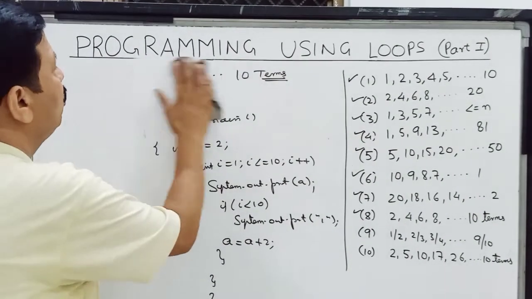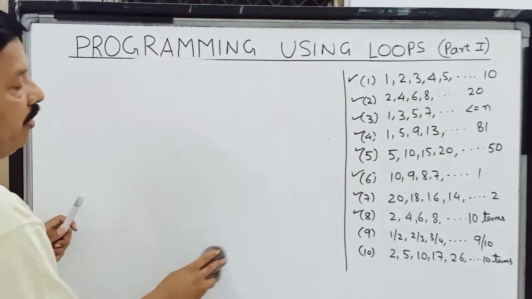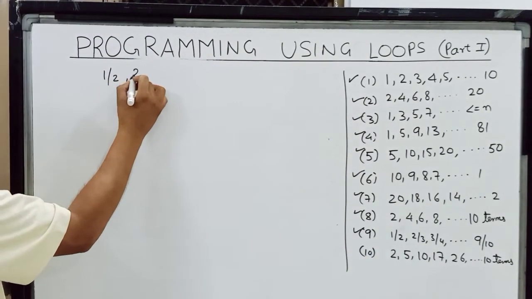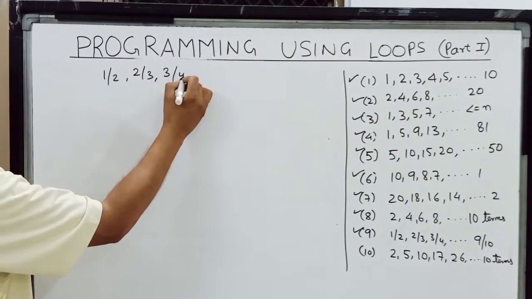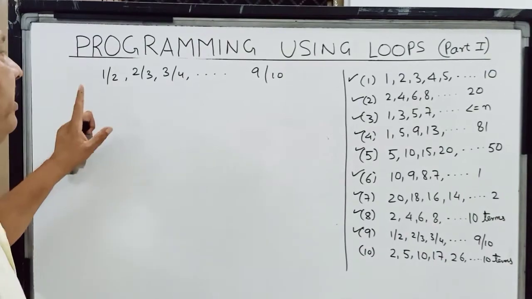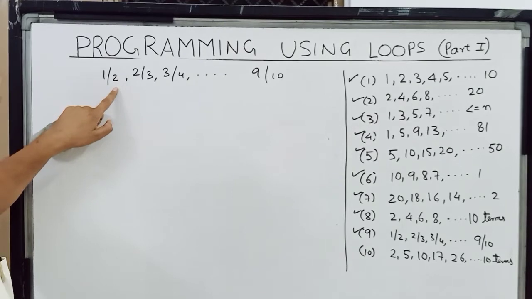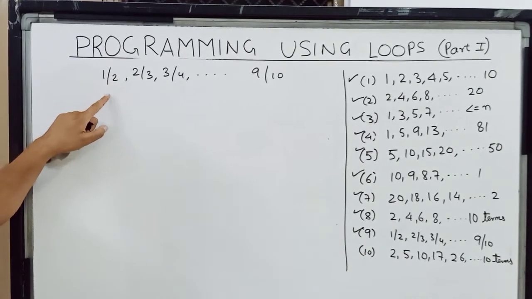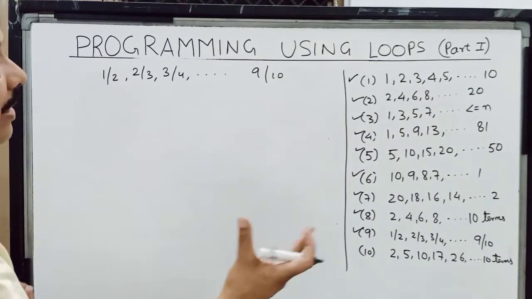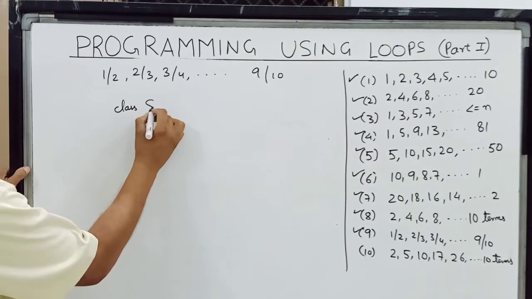Now children, we'll move on to the next series. Now if you move on to this 9 series, here it is saying 1 upon 2, 2 upon 3, 3 upon 4 and so on, we have to print 9 upon 10. Now children, this series is not asking you to print the calculated value of 1 by 2. It is not going to ask you to print 0.5. It is asking you to print this series as the output. So what we do over here, children,